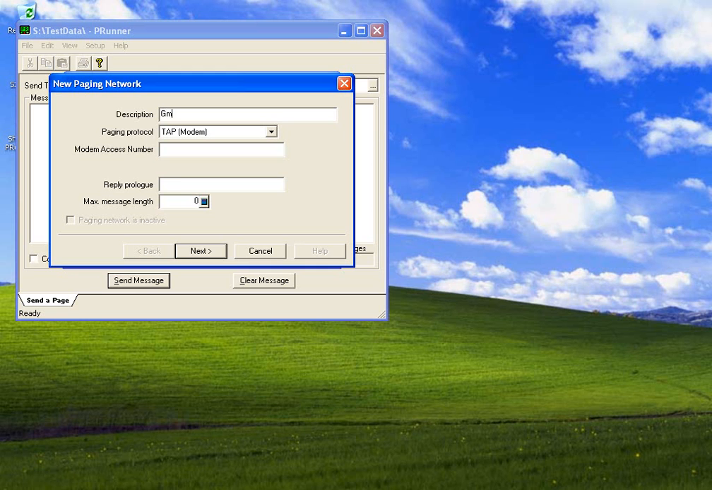We're just going to give this the description, Gmail. PageRunner always defaults to TAP or a modem setup. We're going to be using the SMTP protocol. Our email domain in this case is going to be Gmail. You do not have to put the @ symbol in front of this. For two-way paging, it's best to put a reply to field in here. In this case, we're going to use page at